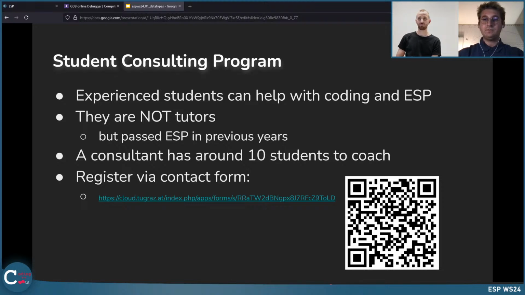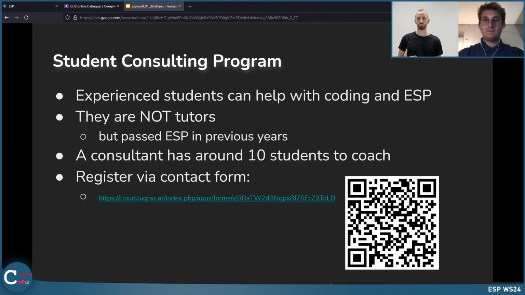But be aware they are not tutors, they are students who passed ESP in previous years, so they have quite good experience with ESP and know what's important. Such a consultant, sometimes called a buddy or a mentor, has about 8 to 10 students to coach. It depends on how many interactions you want.